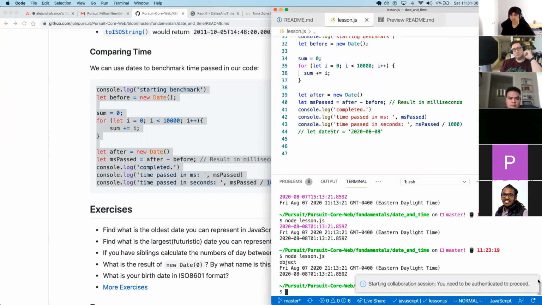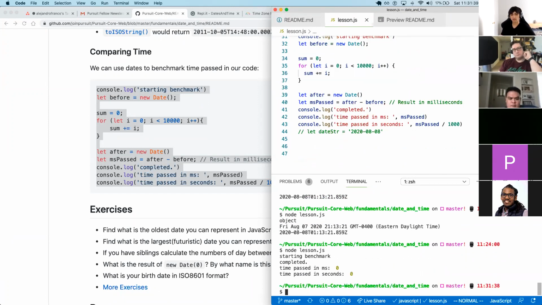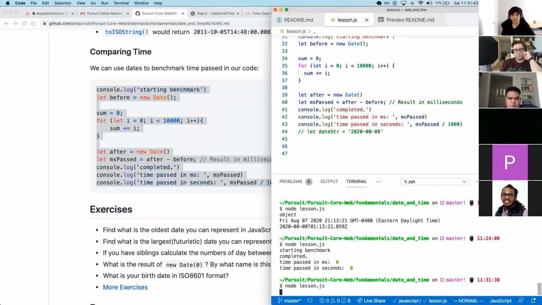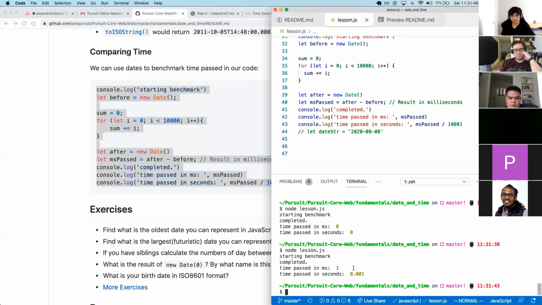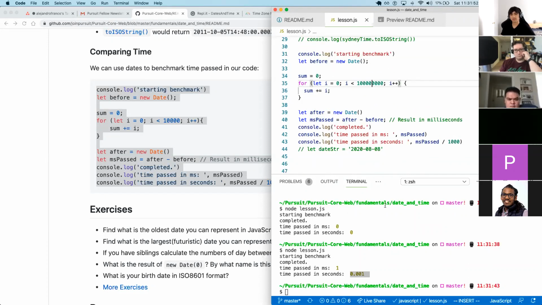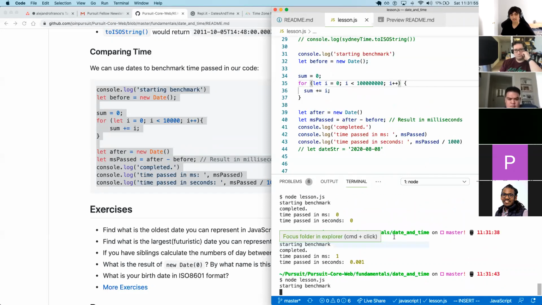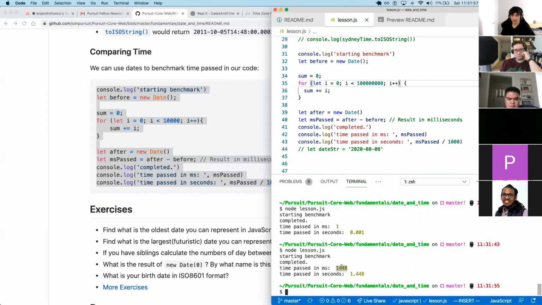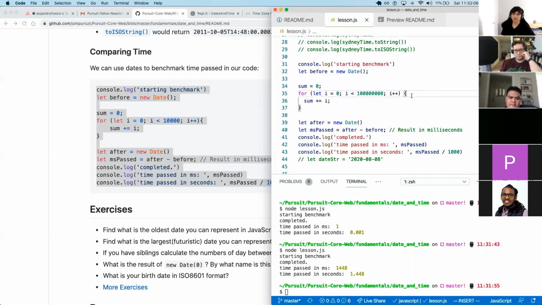So let's take a look then here. Oh, great. This happens so fast that it doesn't even register. Oh, there we got something here. Put a larger number. And that one took a little bit more. That took 1.4 seconds, or 1,448 milliseconds. So this is a way in which you could do some simple benchmarking to see how